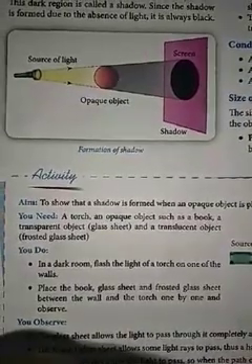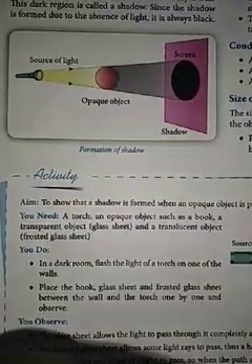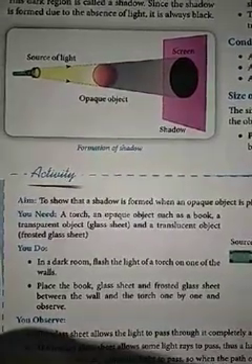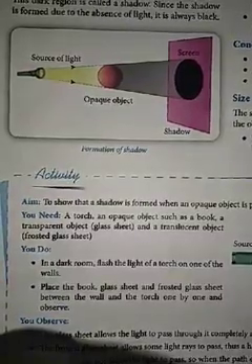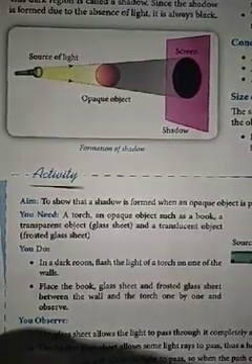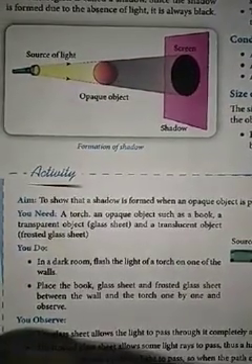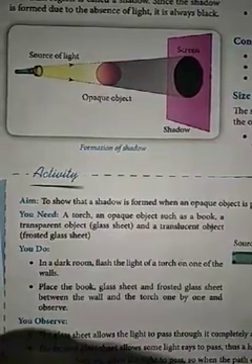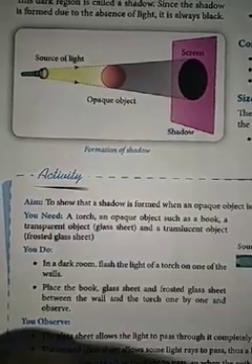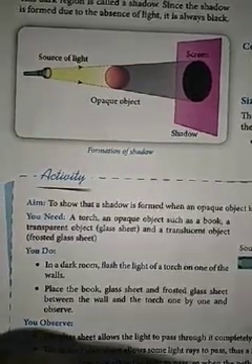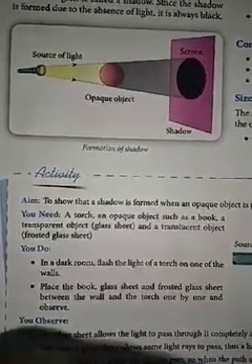So here we discuss shadows. What is an opaque object? An object through which light rays cannot pass. So when a beam of light falls on an opaque object, light rays traveling along the straight path are stopped by the object, while the rays which pass around the edge of the object continue on their path. When the path of the beam of light is obstructed by an opaque object, meaning an object through which light rays cannot pass,